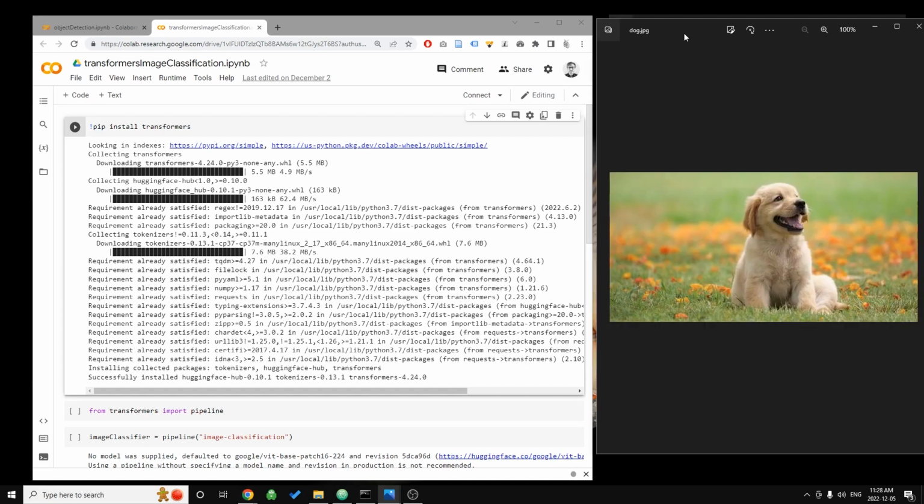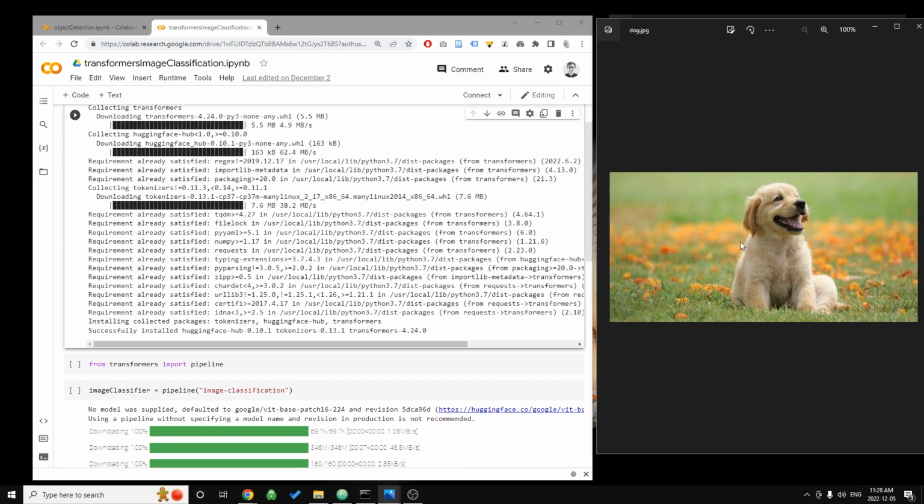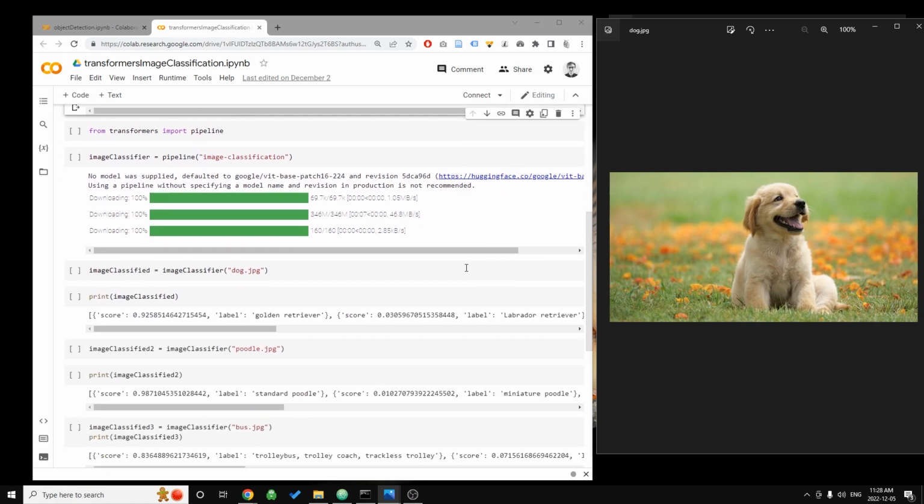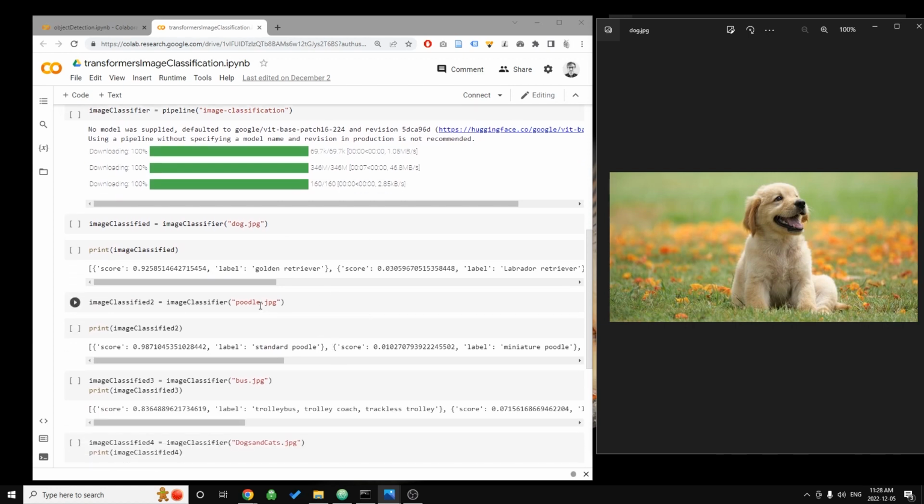workshop series. So we used the Transformers image classification approach to provide a label for a very simple image. And so if you recall, we used it on this particular image of this golden retriever puppy, and the approach was able to successfully determine that this image contained a golden retriever. And we also did it with a few other images as well, including an image with